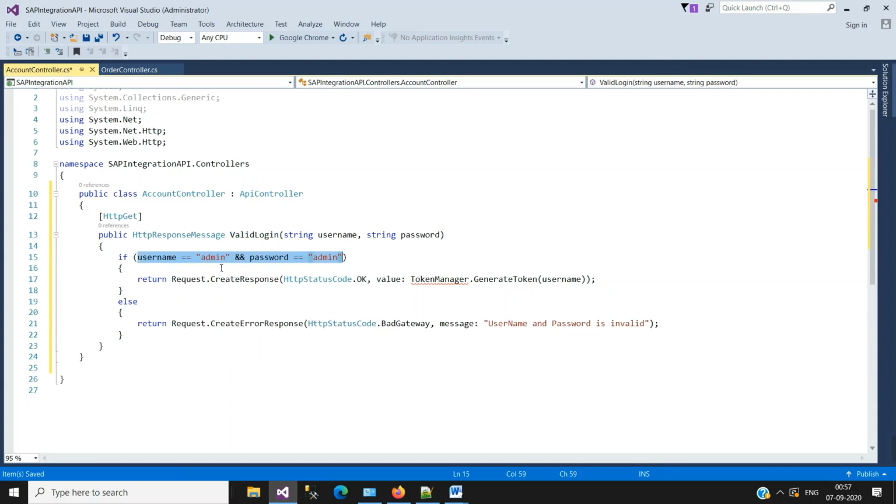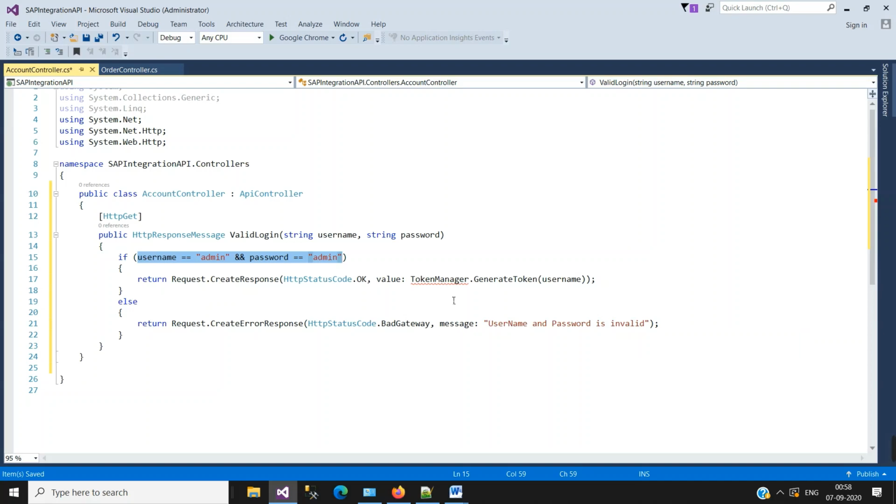If the username and password match, the TokenManager.GenerateToken function will return a token. We'll see that further. If the username and password do not match, the response would be an HTTP status code of bad gateway, and the message would be username and password is invalid.